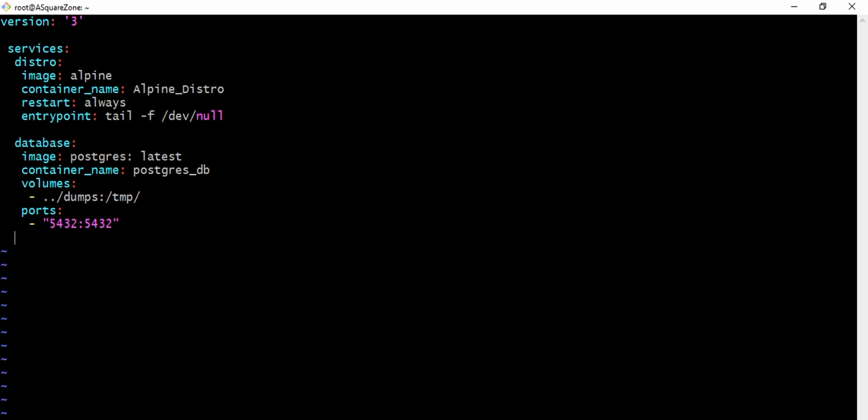and here I am specifying web service, and here I am taking image as Nginx, and I am taking it as latest version of Nginx, and I am specifying container name Nginx, and I am specifying volumes for this web server.